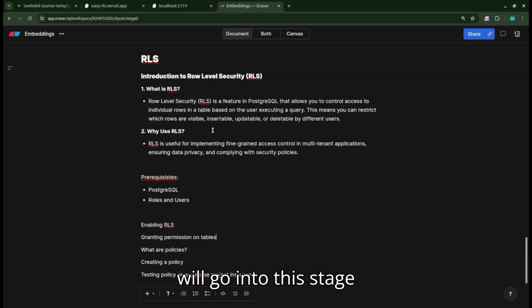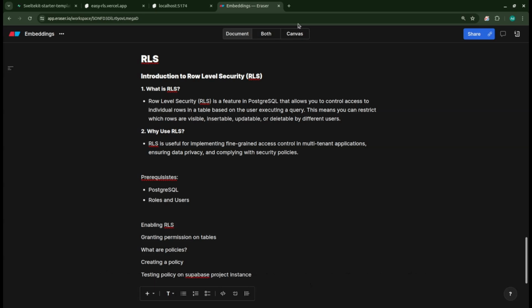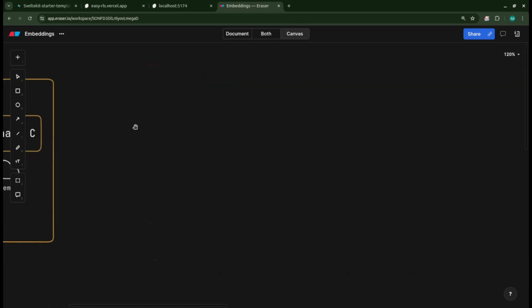We will go into this in a later stage. But if you do not have permission, it will give you an error, which basically binds the security layer to the database layer where the data is stored. So think of it something like,